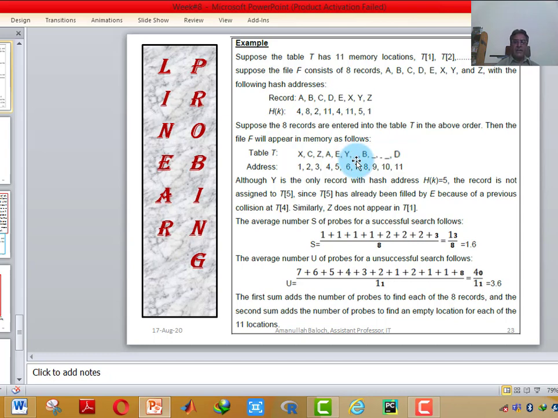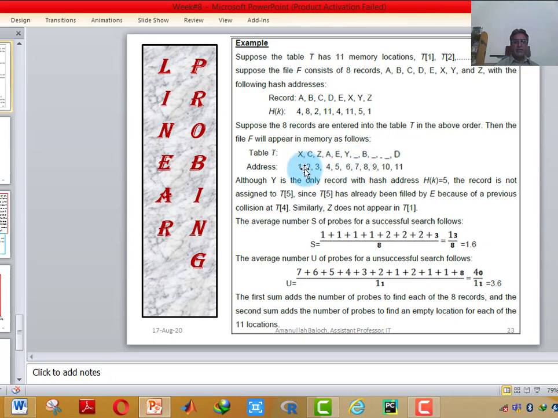So for the next record, if its hash address is 1, how many searches will that record perform to get the blank location?